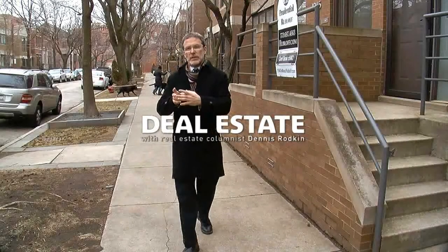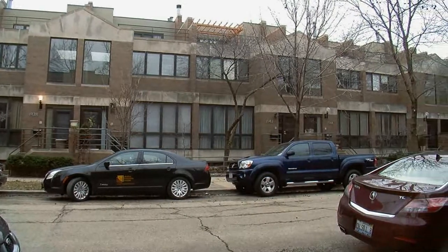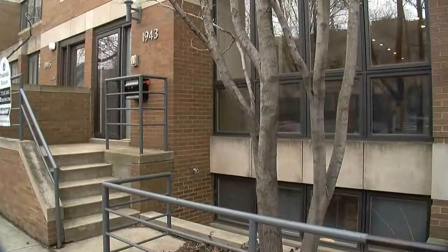Beginning in the 1980s, the Clybourn corridor turned from an old industrial personality to what it has now. It's a very strong retail strip, and all of the streets nearby have also redeveloped in the last couple of decades. In the late 1980s, 1988, these townhouses were built along Maud. Parallels Clybourn, so you've got all the shopping there, but this one we're going into is on the good side